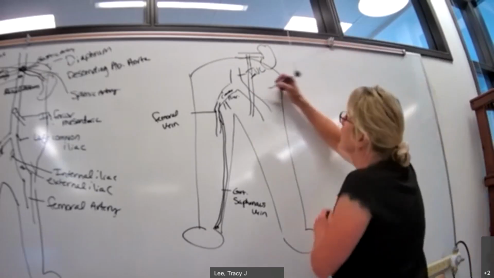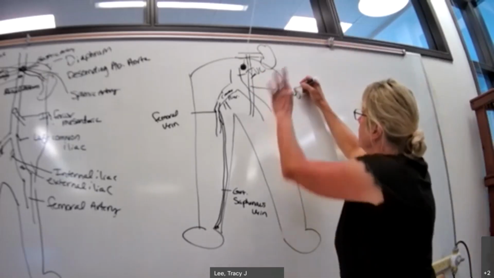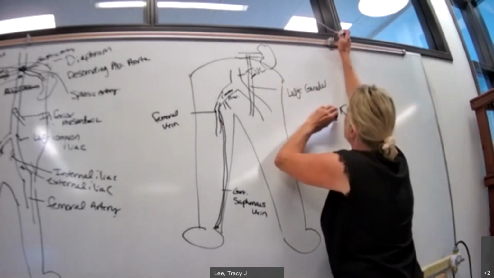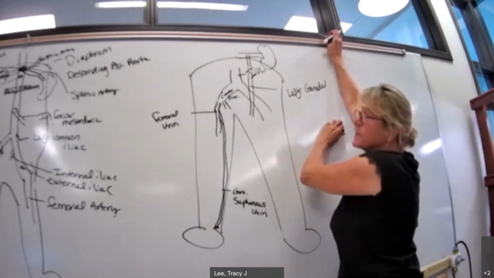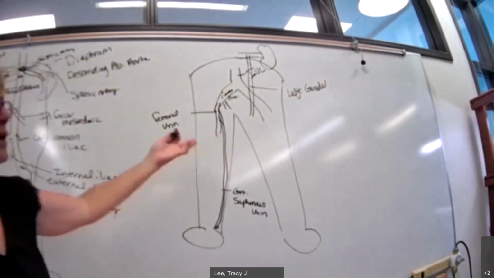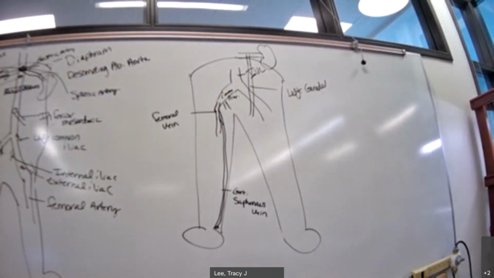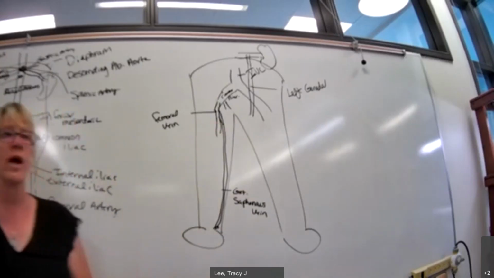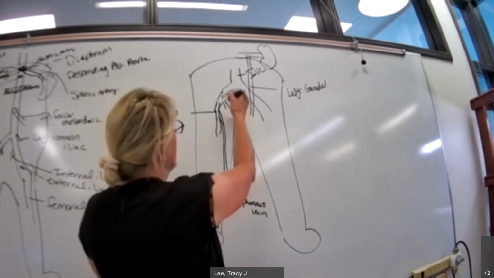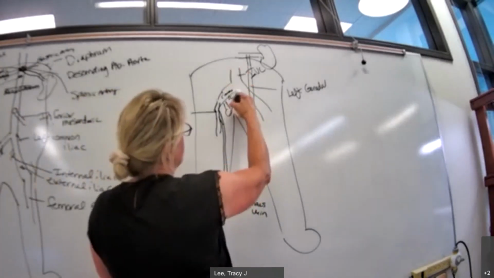This is called the left gonadal vein. It comes from the left gonad. So on our male, it would be from the testes. From our female, it would come from the ovaries. So both males and females have a gonadal vein. Your inferior vena cava is kind of clear off to the right-hand side of your body. So your left gonadal vein actually joins your renal vein and then follows the renal vein over into the inferior vena cava. Your right gonadal vein from over